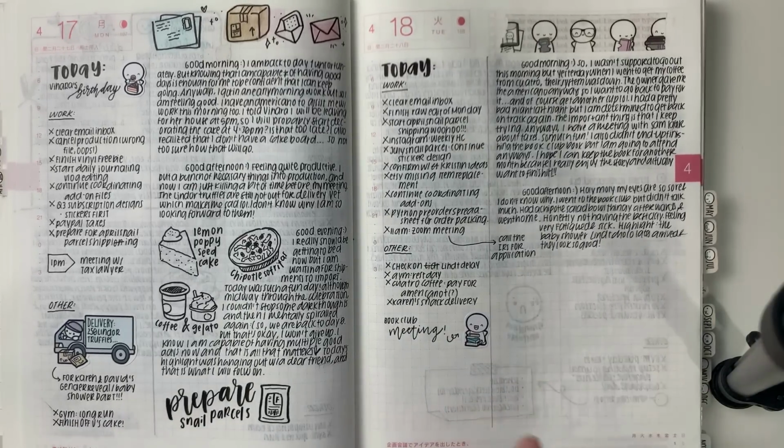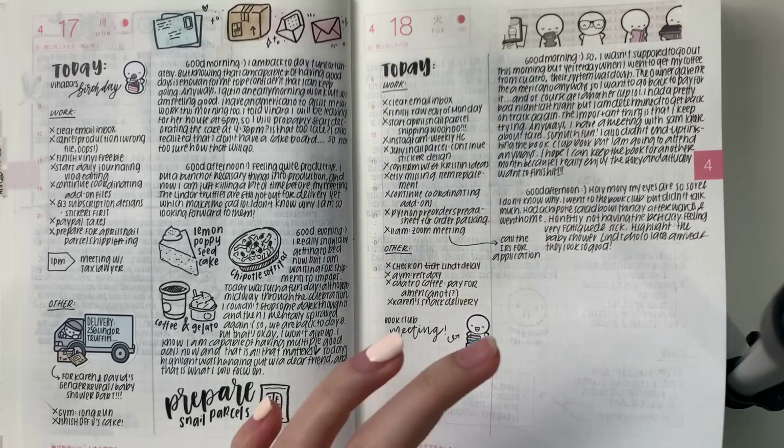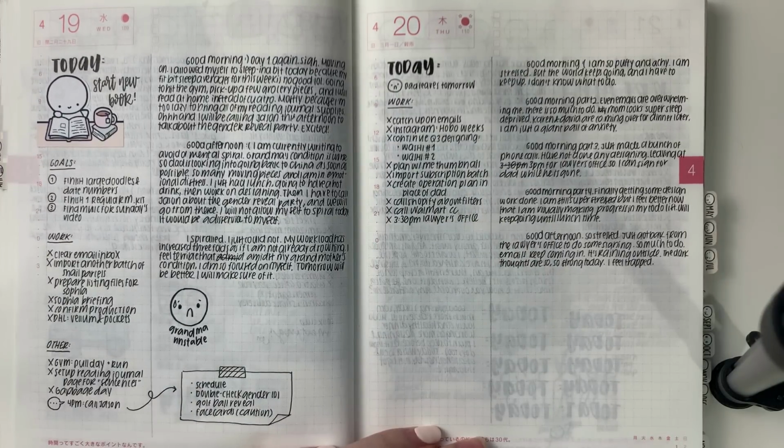On Tuesday, it was a meeting for my book club, which was super fun. So I used the Book Nerd washi tape 2.0. Okay, so this begins my rather